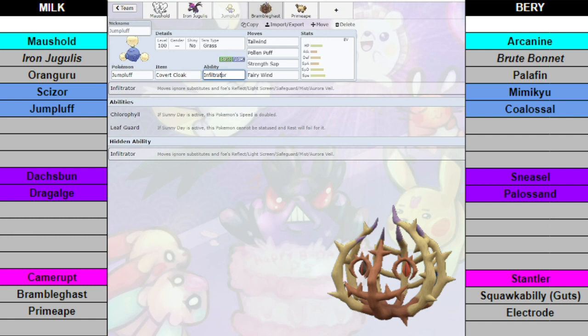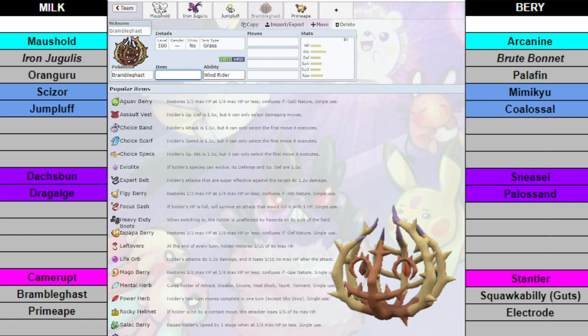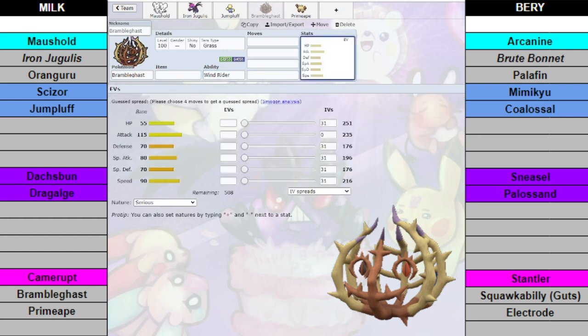So we have Tailwind on Jumpluff. We've got the Fairy Wind, which also boosted, so obviously ability. Yes, Wind Rider. How are its stats? Its attack is really high, or like, it's good. Its speed isn't terrible. I mean, it's not like base 100 or anything, but it's up there. Yeah, and then if you throw Tailwind, obviously you need Tailwind, and then the Wind Rider's already going to give it basically a +1 in attack, and then we have that speed boost, and then if Jumpluff goes for...